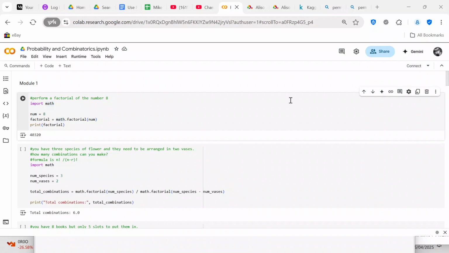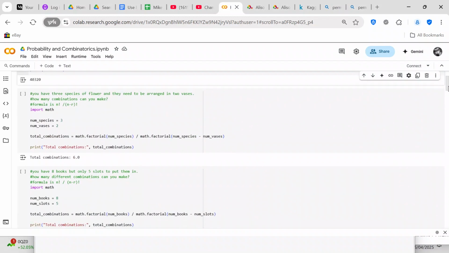So what you do is you import math and your number is 8 and factorial equals math.factorial(num). And you print the factorial and it's 40,320. So the next question that we have with regard to factorials is you have 3 species of flower and